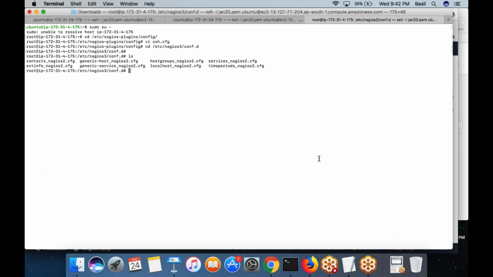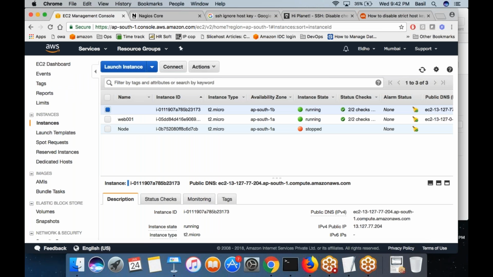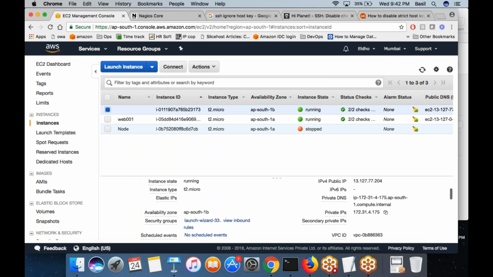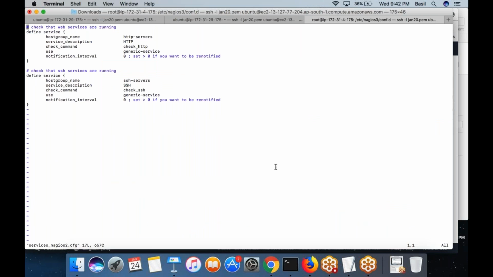So I'm defining a new service. Maybe I will define the service for the host group, not a single machine. I want this check to be applied for all machines.